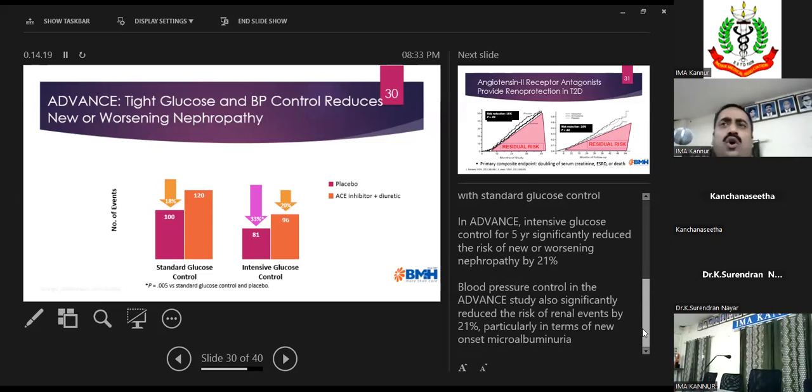There is something called a legacy effect in diabetes. The legacy effect is that you have a diabetic patient, you see the patient for the first time. In the first 10 years, you make sure that the patient is in strict diabetic control. You make sure that his HbA1c levels are optimal. He has got the best diabetic medications, diabetic control. In those first few years, the legacy effect will be there. Even after 10 years, when this diabetic control loosens, the chance of him developing complications is much less, which means that the first few years of a diabetic patient's life are most important. And many times, in these first few years, the patient will be following up with the primary physician, not with the nephrologist.